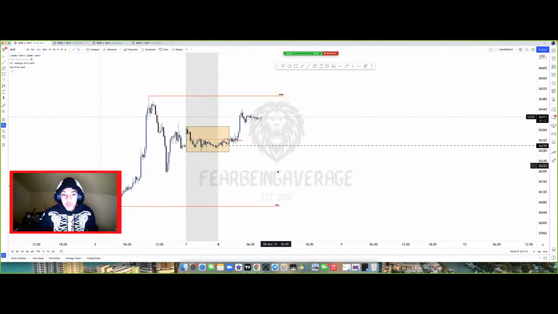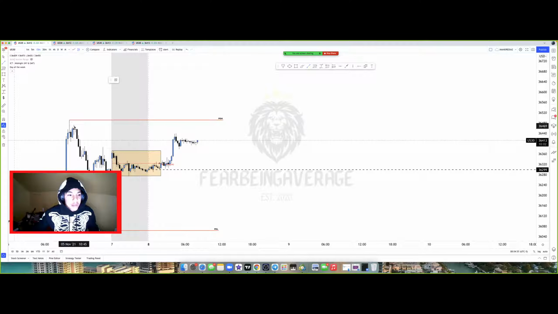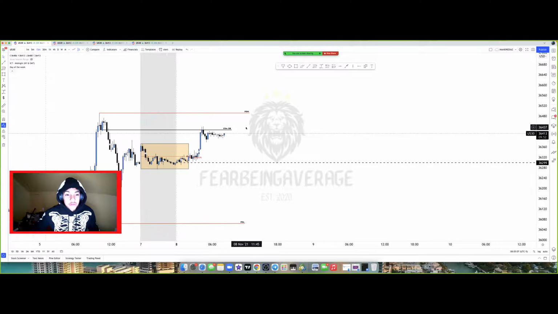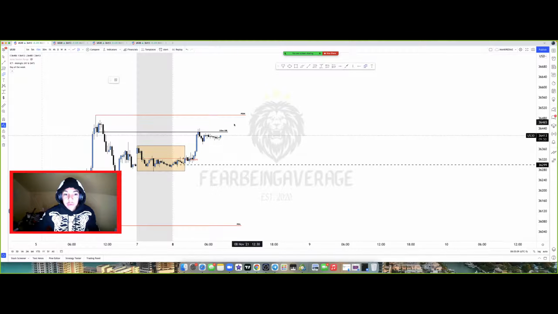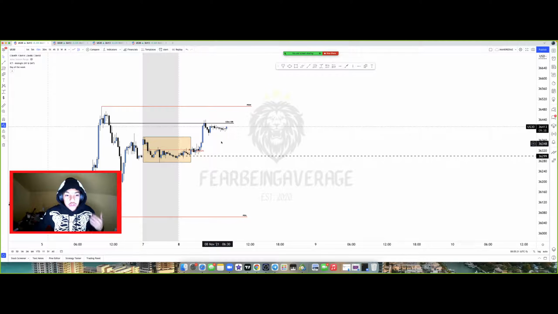But as you can see, we're way closer to the previous day's high. So as of right now, I would personally be looking for a retracement. If you look to the left, this last up candle before this down candle, you can see this is where price is currently rejecting right here. In my opinion, I'm looking for price to continue lower. Even though we're slowly consolidating, I'm looking for price to at least come lower. Because what I like to look for is retracements into the Asian session, following the trend of the London session.